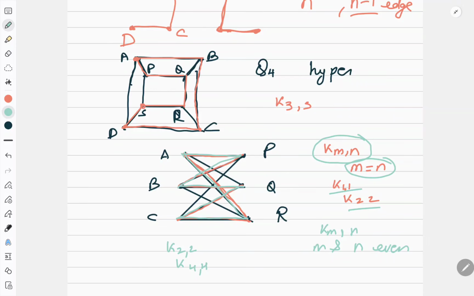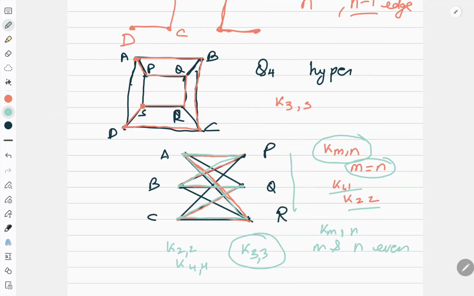So usually they ask a question: show that K33 is Hamiltonian but not Euler. You can write a statement that K33 is Hamiltonian because we know a complete bipartite graph Kmn is Hamiltonian if m is equal to n, and then you can show it with this diagram. And then you say we know that Kmn is Euler only if m and n are even, because a Euler graph is formed only if the degree of every vertex is even, which we discussed in the Konigsberg bridge problem as well. So that is how you have to do it. You can even draw and show that you can't have a Euler circuit over here.